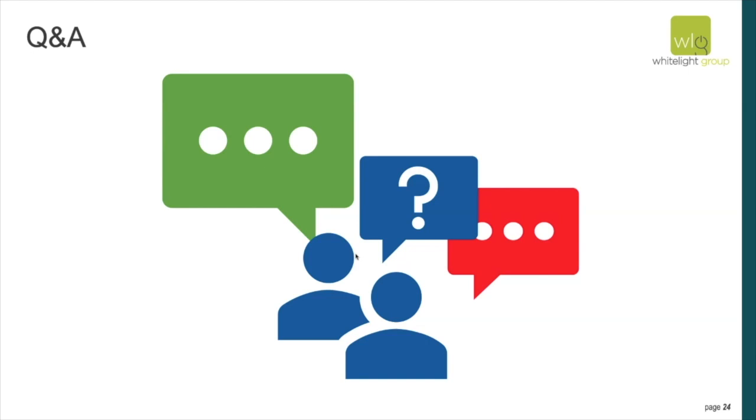I don't see anything else in the chat box, but I did get one more, and it says, is it easier to build a bot in one solution platform over another, i.e. Kofax, Automation Anywhere? I think that question may be derived from you planning on building the bot. If that's the case, I would encourage you to go out to Automation Anywhere or UiPath. They have community versions that you can play around with and see what makes sense or resonates with you. I relate it back to driving a car. You get in your car, you know where your radio is, you know where your windshield wipers are,